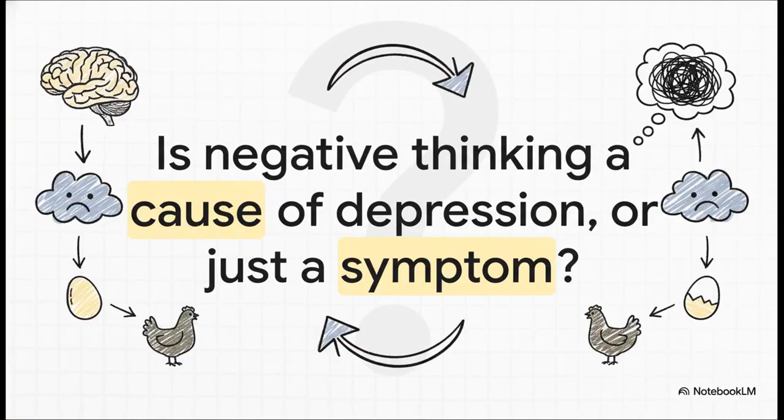This right here is the critical question you have to tackle in any evaluation of the cognitive approach. Look, there's tons of evidence showing that people with depression do have more negative and irrational thoughts, no doubt about it. But the problem is, which comes first? Does the faulty thinking cause the depression, or does being depressed cause the faulty thinking? It's a classic chicken and egg problem. There's no clear evidence that the negative thinking always precedes the depression, and that's a really significant limitation of the explanation.